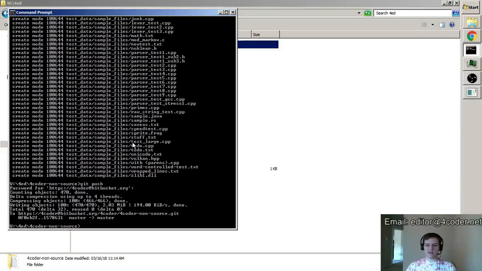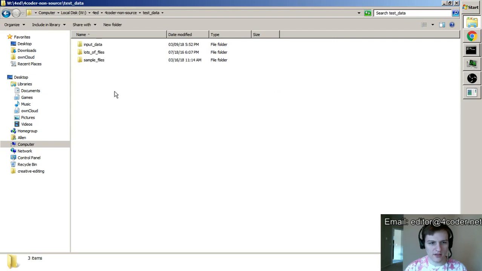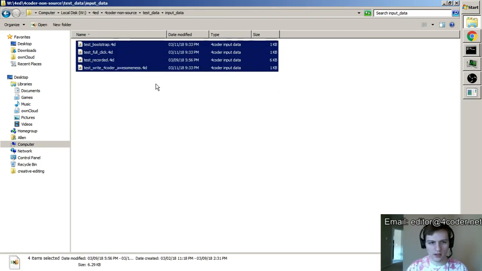So I actually don't want to try to sync that test data. I don't want to sync the test data from the non-source repository at all. But for the sample files and the lots of files tests, I want those to be synced on the non-source repository. So I guess what I'll do is we'll keep the structure like this so that all the tests can go together, but we're going to put in